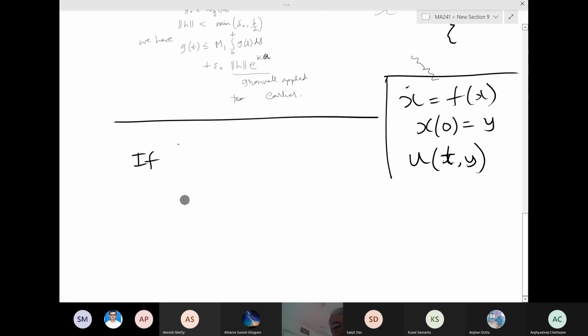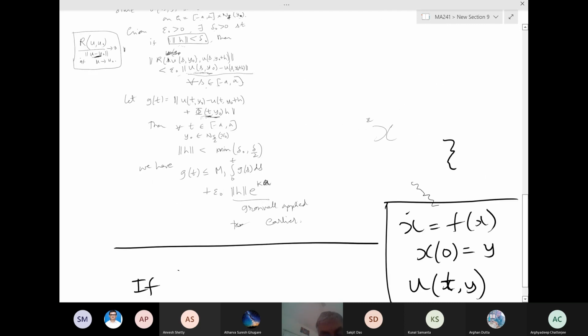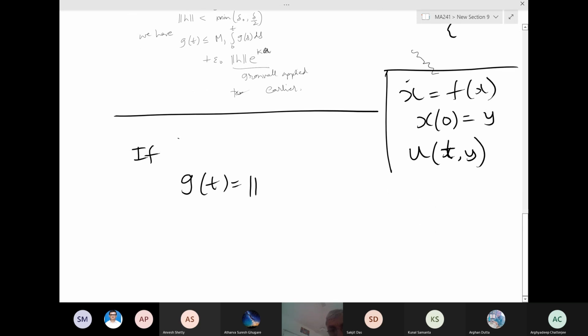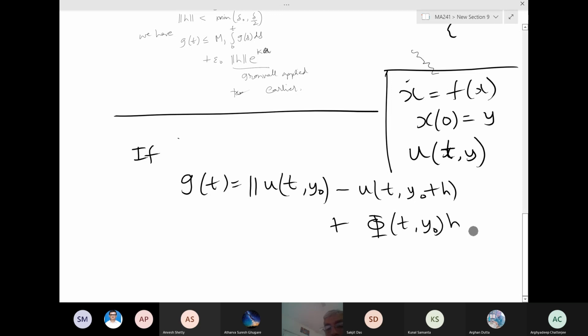So let's see. If g of t equals the norm of u of t, y naught plus h minus u of t, y naught minus that fundamental matrix, which is the candidate P of t, y naught, times h. So we are proving differentiability at a point y naught. Then